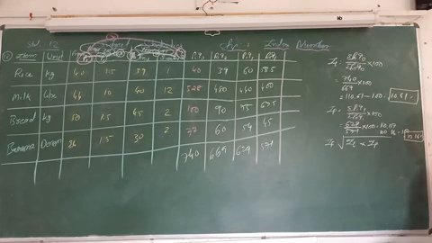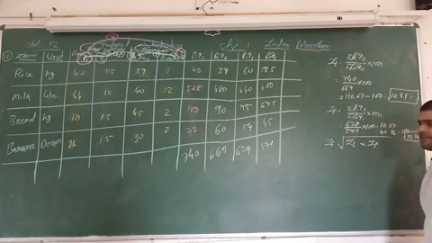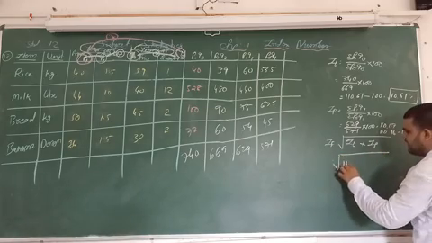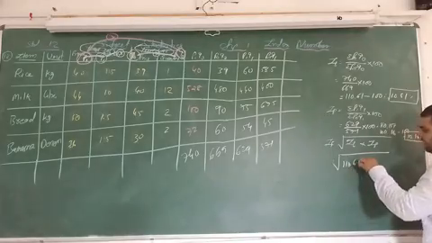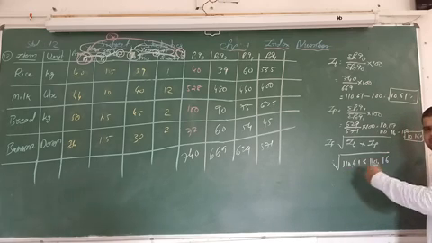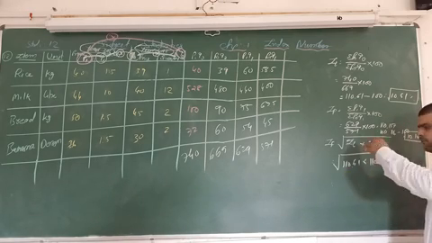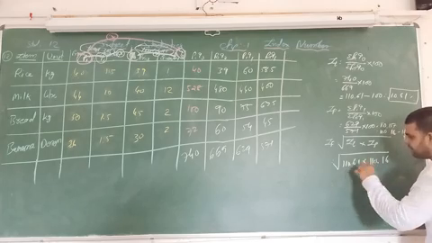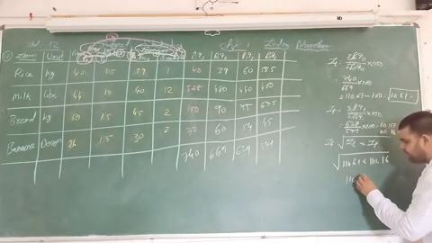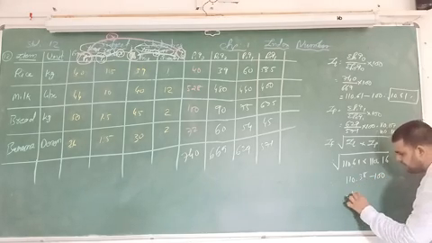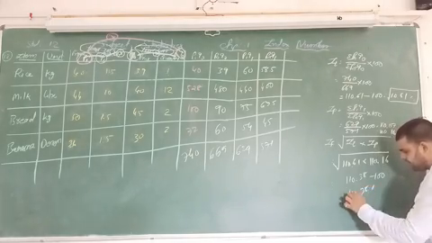Okay, now the final Fisher's index number. It will be easy. When you find out Laspeyres and Paasche, it will be so easy to find out Fisher's index number. What we have to do? Multiplication of both. It means 110.61 multiplied by 110.16. We have to do the multiplication of both, and after that we have to find the square root. We got the value 110.38. Again, the general index number is 100, so it increased by 10.38%.